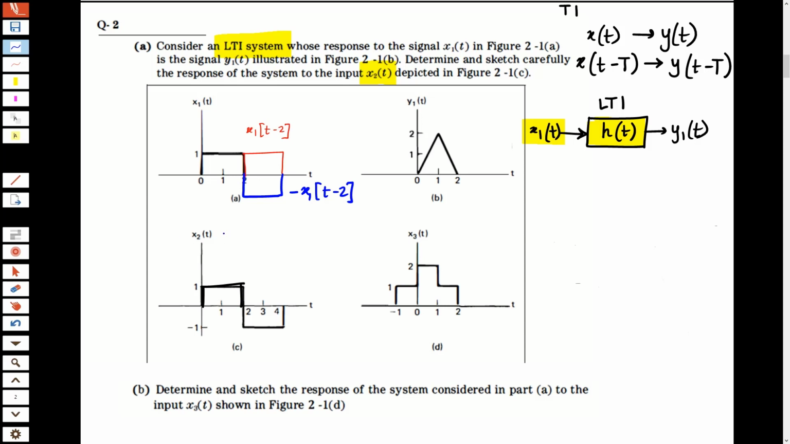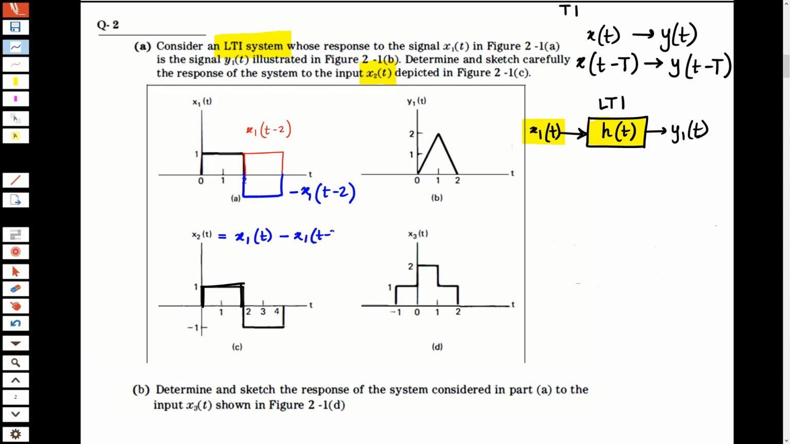Right? That means x2(t) can now be written as... this should be simple brackets. We use square brackets only to represent discrete time signals and simple brackets to represent continuous time signals. So x2(t) can be written as x1(t)